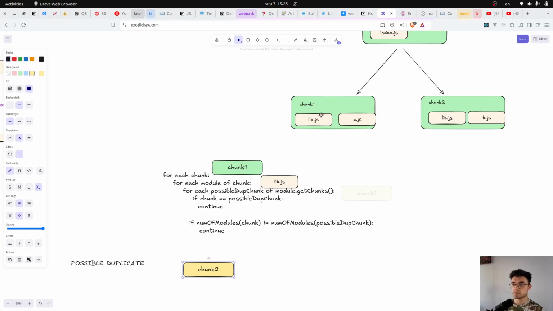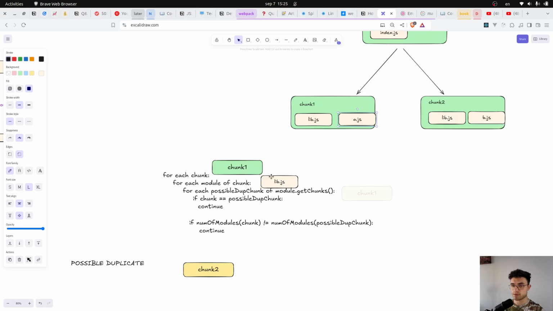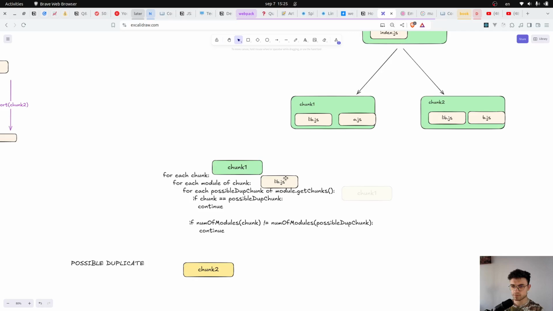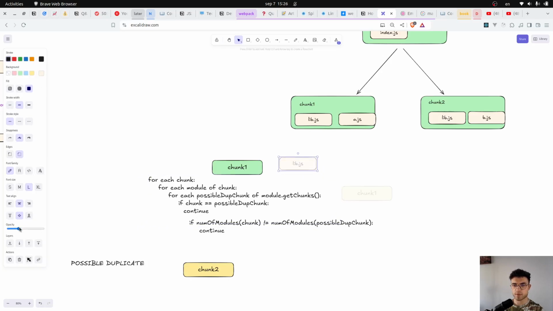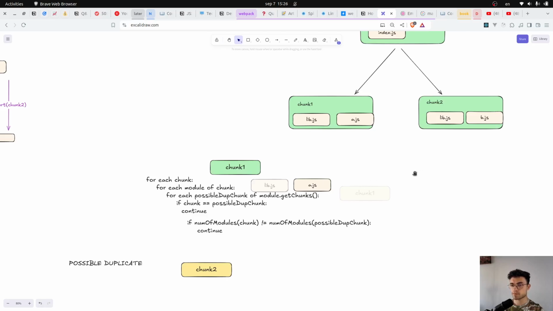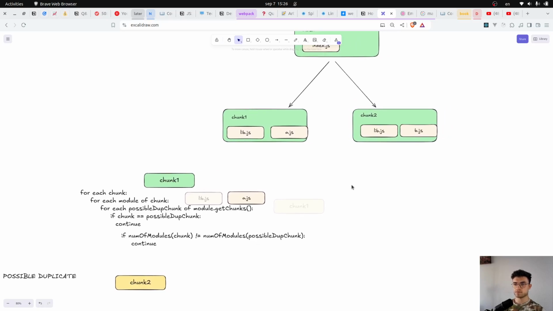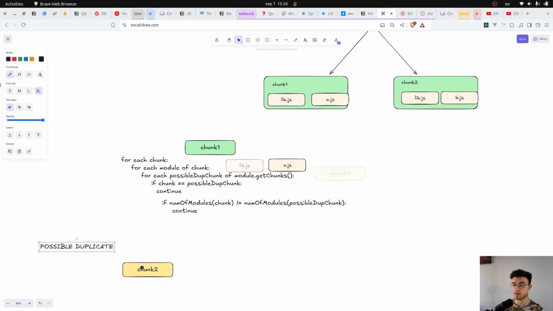But let's bring our attention back to this part. It will take each module of chunks, so each module of chunk 1. a.js follows next. So let me lower this part opacity, and now the module is a.js. So it will take all of the chunks this module is part of, in this case it is only part of chunk 1, but somewhere in the algorithm there is this check which checks if